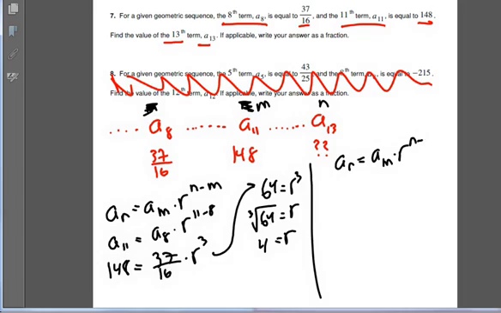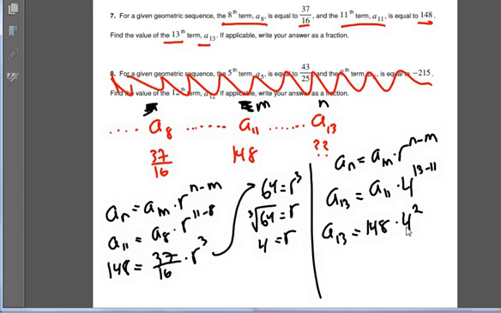So I'll just write that formula down again. So a sub n, I don't ever seem to finish the n. Okay, so a sub 13 equals a sub m, so that would be a11 times r, which is 4, determined momentarily ago, to the 13 minus 11 power. So a sub 13 equals 148 times 4 squared, since 13 minus 11 is 2. And that turns out to be